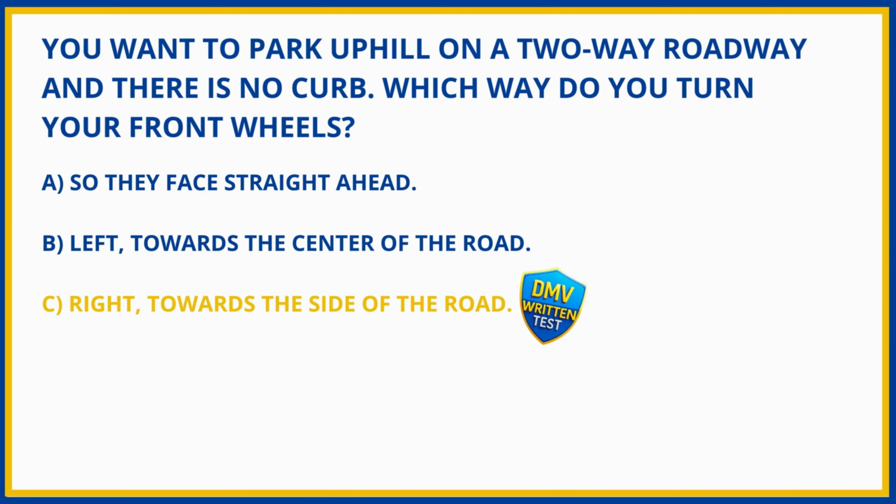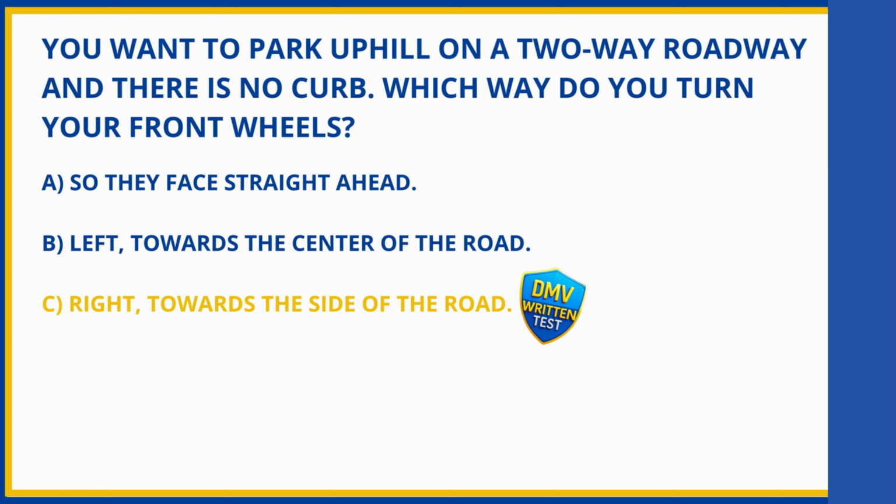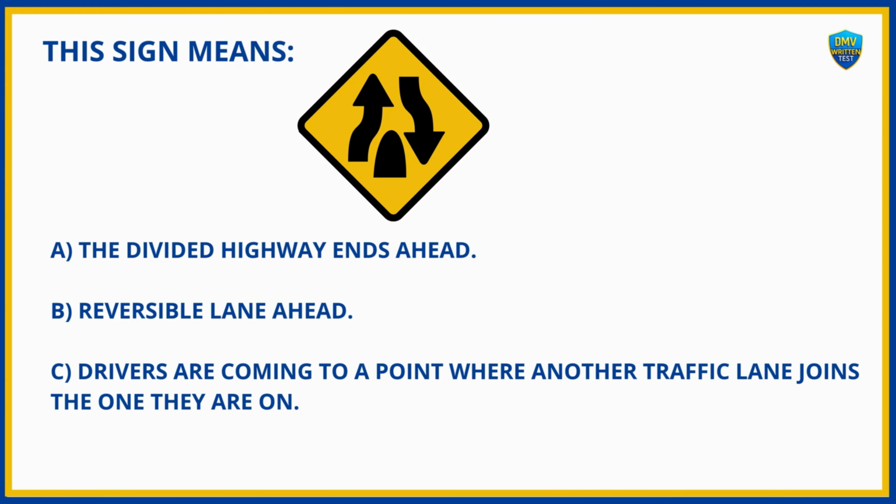C. Right, towards the side of the road. This sign means A. The divided highway ends ahead. B. Reversible lane ahead. C. Drivers are coming to a point where another traffic lane joins the one they are on. And the answer is